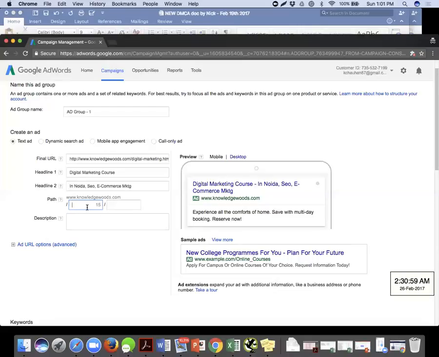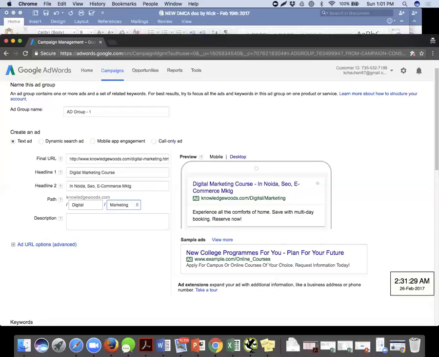Now, whatever path you enter over here, let's say I type in digital in the first bar, it allows me 15 characters. And the second one, which is also 15 characters, I type in marketing. Now, the purpose of writing this entire path is just display, just to beautify my ad.